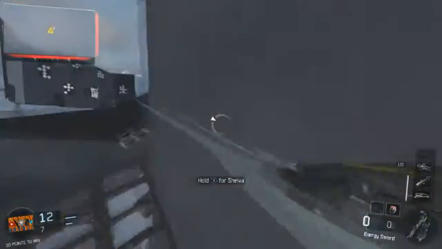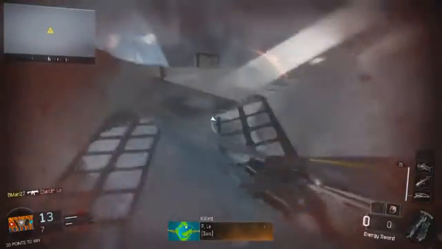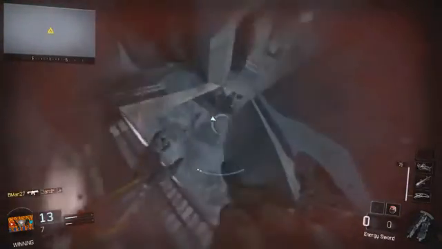So in this map, the energy sword actually spawns in the middle of the map, and only one person can pick it up and have it at a time. When I first loaded up this map, the description said it had the energy sword in it, so I was like, wait, why didn't it give me the energy sword? But then I found out where it was, and I picked it up, and I found out just how OP